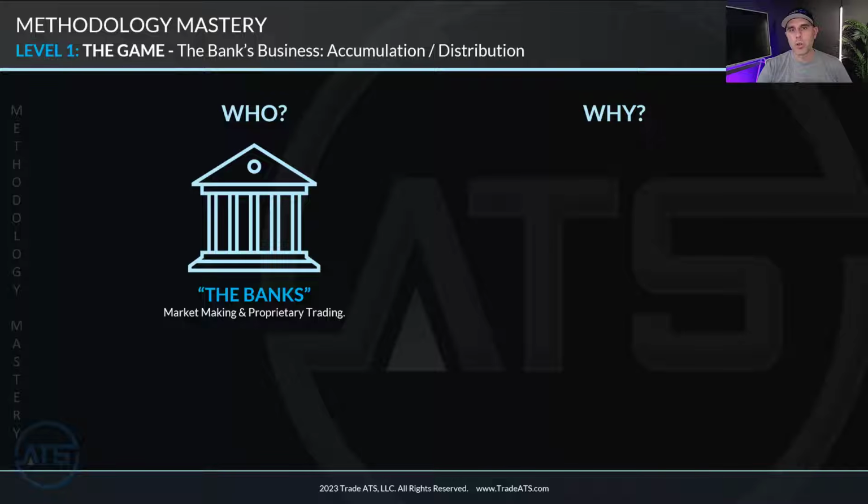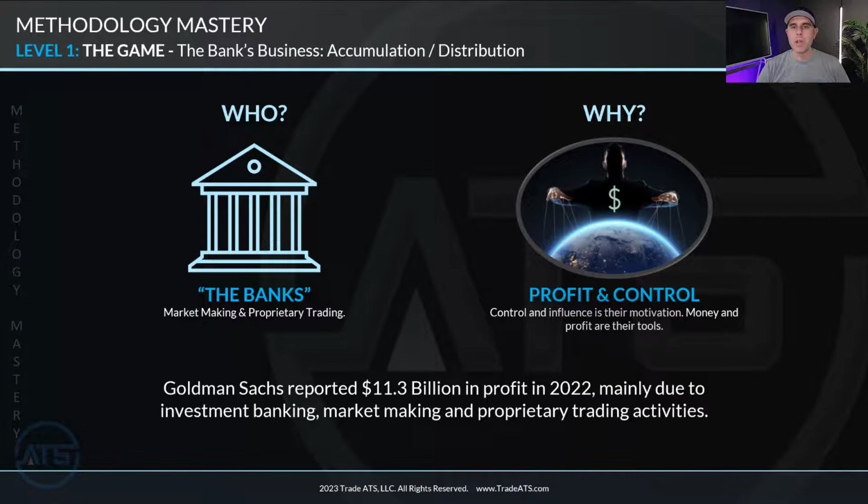So the next question we're led to ask is, why do they do it? What's the motivation? Well, obviously there's a motivation to make profit, but why do they want to make profit? Well, when you already control all the money in the world and you're at the central bank level, what else do you want after money? Well, you want control. So the more profits they make, the more control and influence they can implement on the world economies to do whatever it is that they want to do. I'm not going to get too into the weeds on that. You can use your imagination. But those are the motivations of the banks at the highest levels.